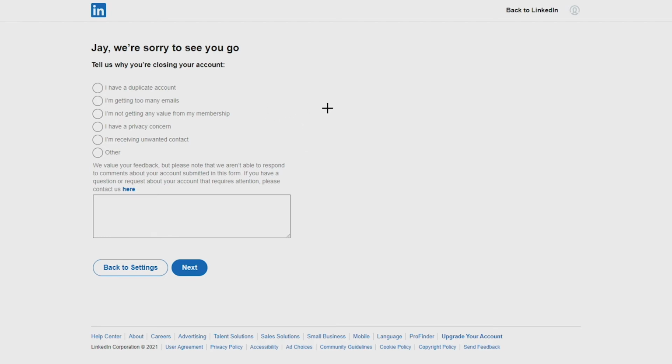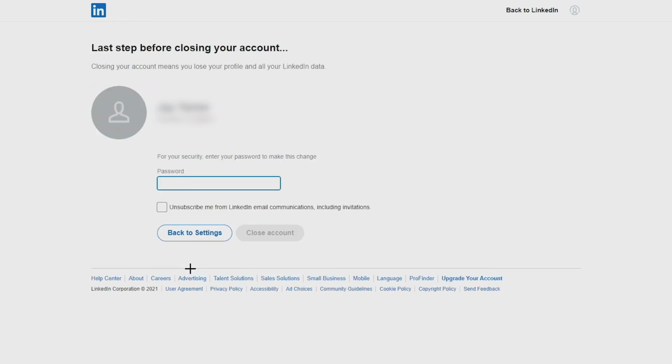ask you why you're closing your account. You can put a reason here if you want to and select other and give a brief reason, but I'm just going to press duplicate account because it's easy and go to next, and here you will be asked to